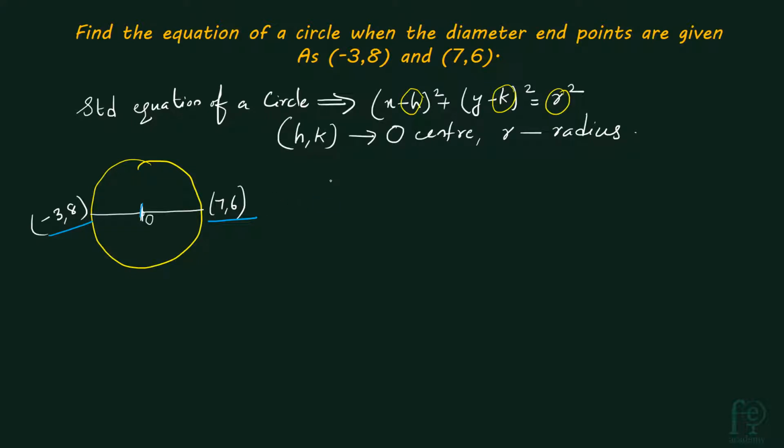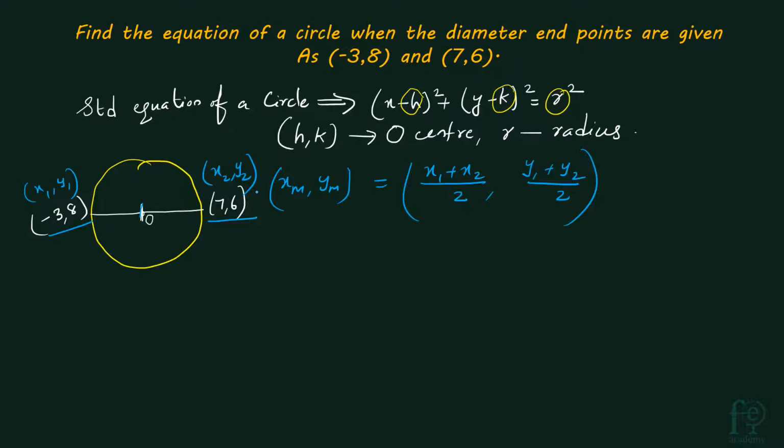We have an equation for finding the midpoint of a line. Xm, ym represents the midpoint of the line. So xm, ym is equal to (x1 plus x2) divided by 2 and (y1 plus y2) divided by 2. Here x1, y1 is one end point of the line and x2, y2 are the coordinates of the other end point. We already have the end points of the diameter, so we can easily find the midpoint of the diameter using this equation. So let's go for that.